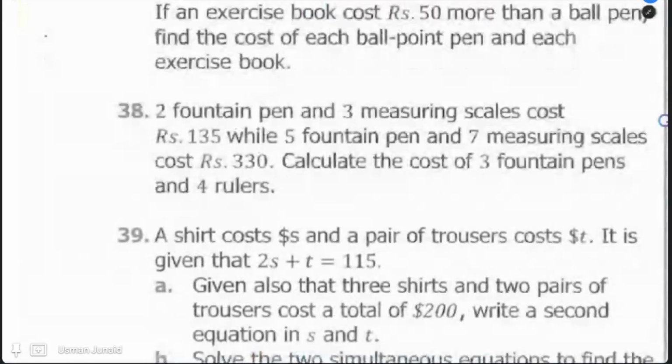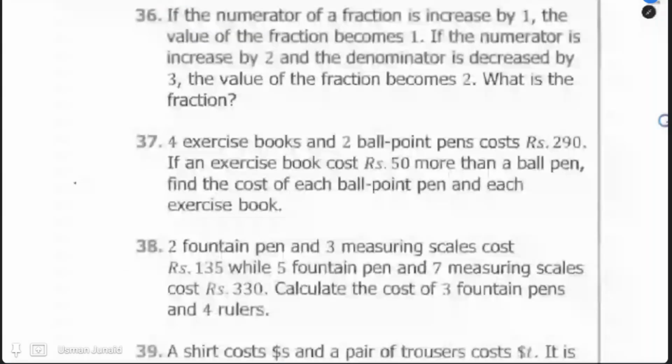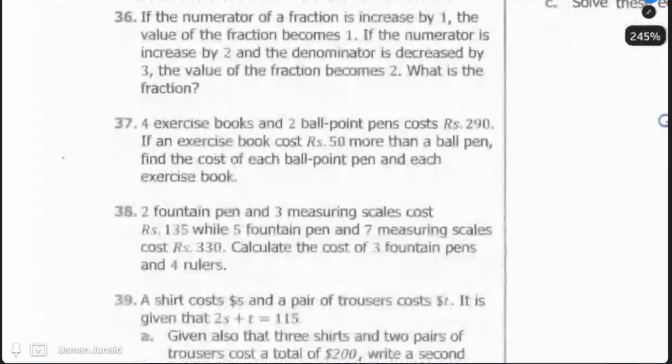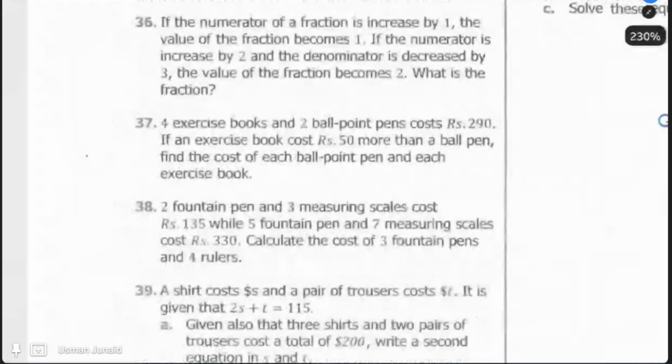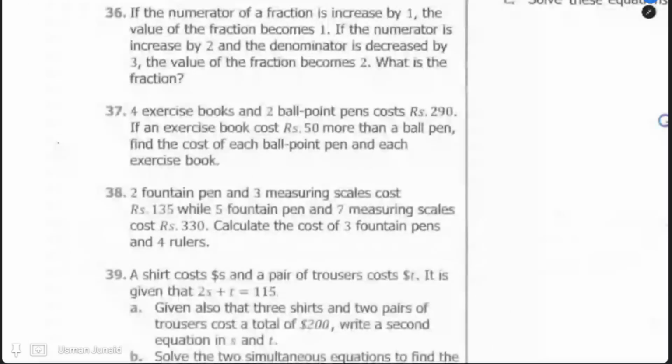So here are the questions. I gave you how many of these? I think 36 till 39, right? Okay. So looking at